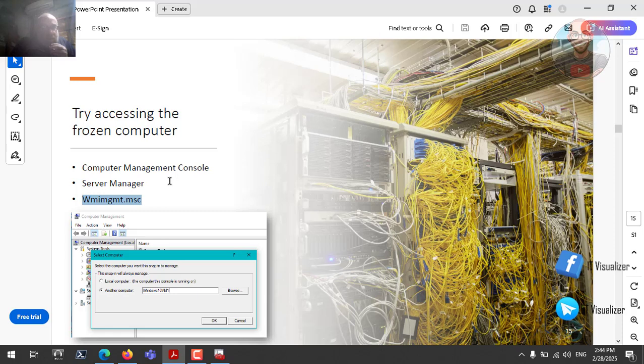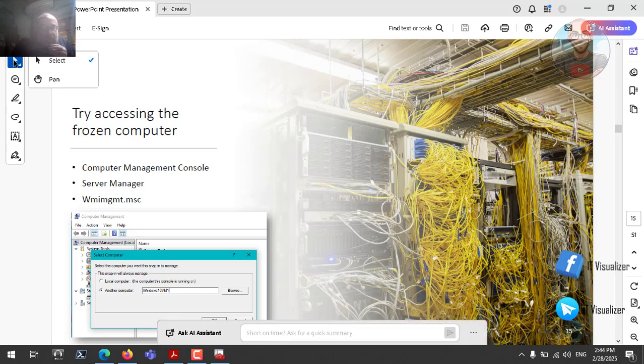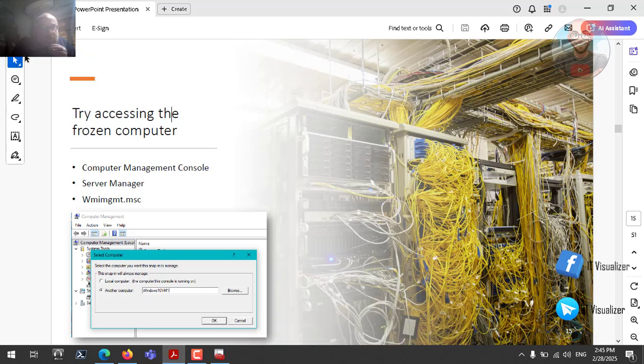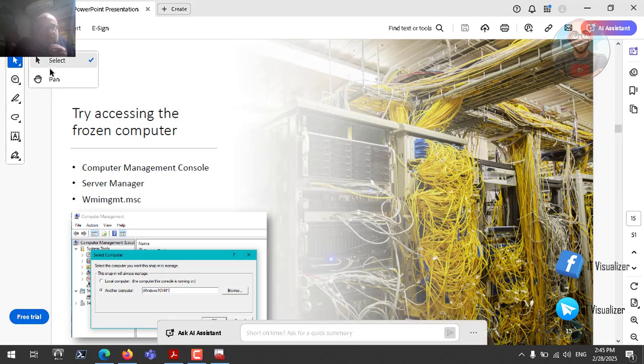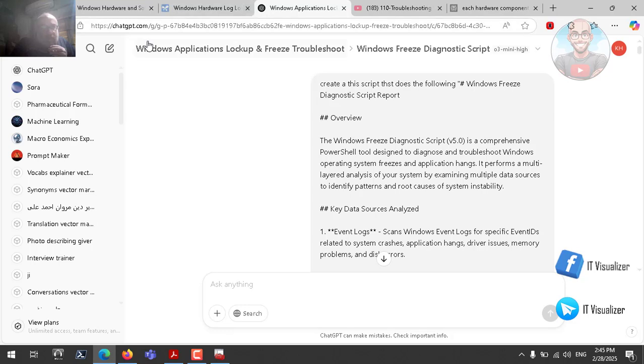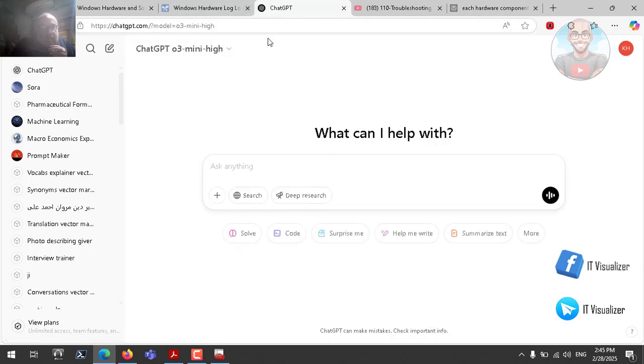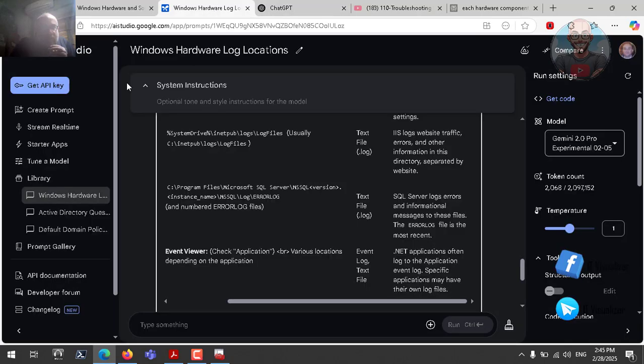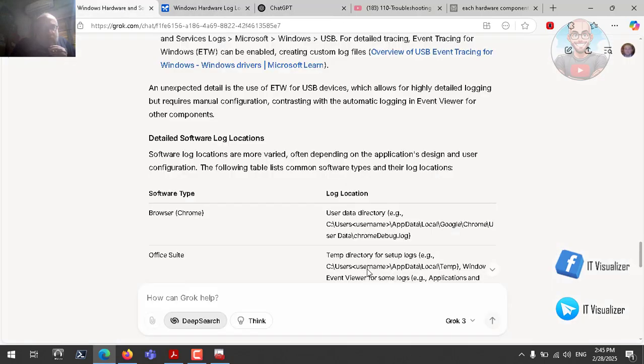So let's continue with the other slides. If you can go there, let's try to do that. Okay, so once you have access, let's begin investigating the problem. Let's stop at this and ask the AI tools a simple question. If we go there and ask the different AI tools, like this one, go to Grok,